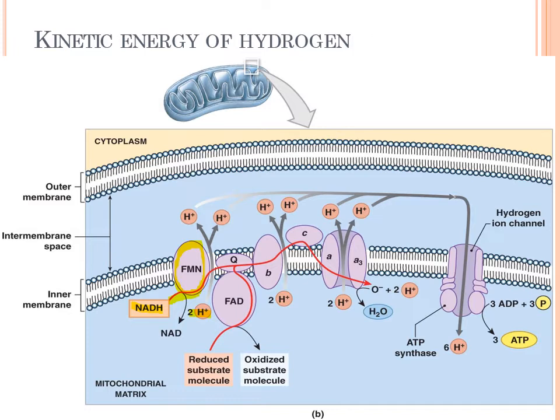And then FADH2 is going to come in, which would be here, and it's going to give an electron to this second, or actually here, this is FAD. So it's going to give its electron to the second protein and release its hydrogen ions into the matrix as well. So now we have two electrons that are going through the electron transport chain.